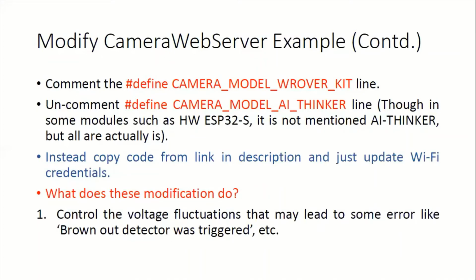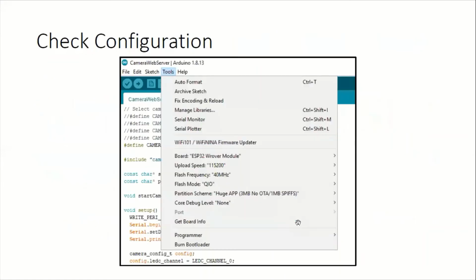Obviously you can dig in deep and discover many interesting avenues. So now check the configuration. Final configuration: go to Tools and you should see that it is ESP32 Rover module. Then the upload speed should be